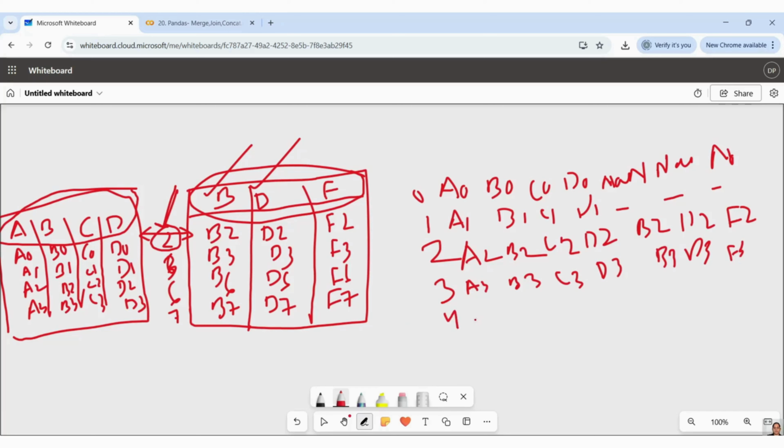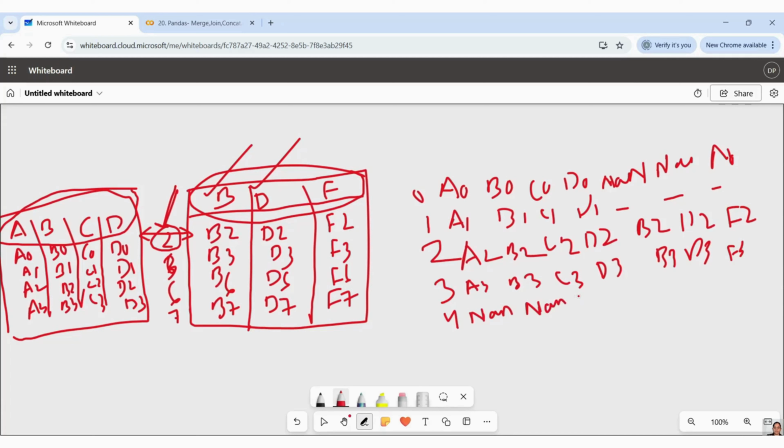Then again 4, we don't have 4, right? So here again, NaN will come. NaN, NaN, and here A4, B2, and like that. Then 5, again, in 5, do we have any values? In 4 also we don't have anything. So here again NaN will come. My bad guys, I thought this is 4th index. Let me see, 3rd index. So my 3rd index, all values are over. Now in my 4th index, what we will get? We will get actually NaN value here because we don't have anything, right?